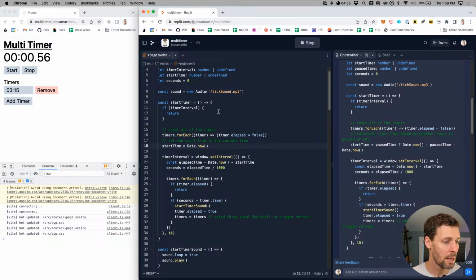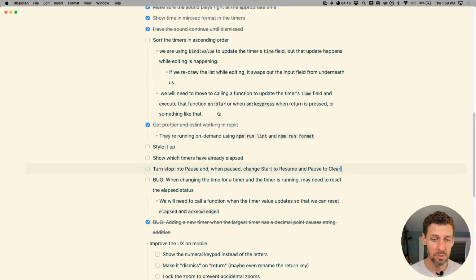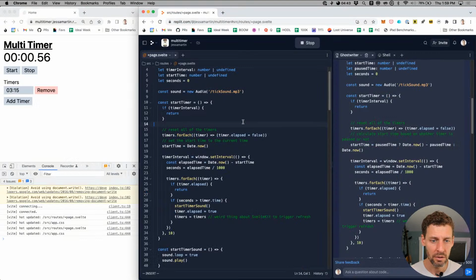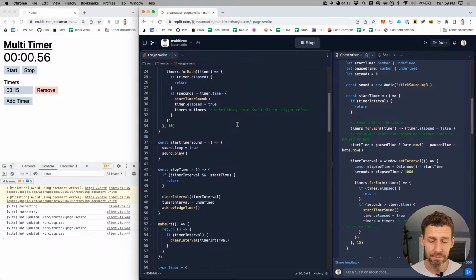Okay, well, we are coming up on 2 hours of working on multi-timer just now, so I think I'm about to call it a day. This has been super fun and actually pretty darn productive. The addition of having Ghostwriter autocomplete in Replit gives me some of that sweet Copilot feel. And the IntelliSense was working okay today. The one thing I found myself missing today was definitely the ESLint Prettier loop of formatting on save. I've gotten really used to that, and having to format manually definitely feels like it's slowing me down. But all in all, we got a lot of stuff done.